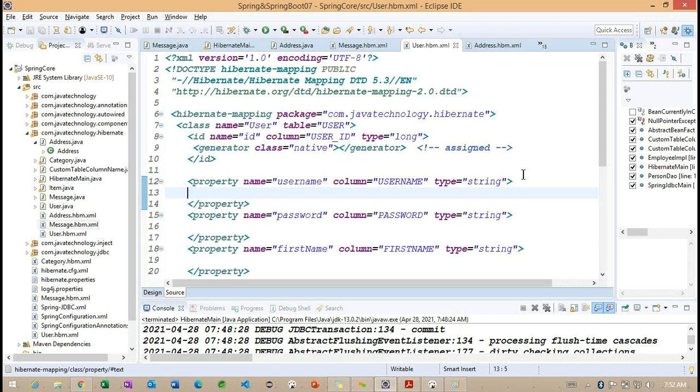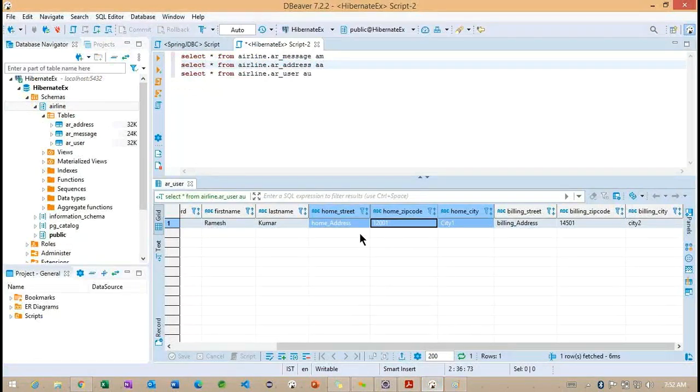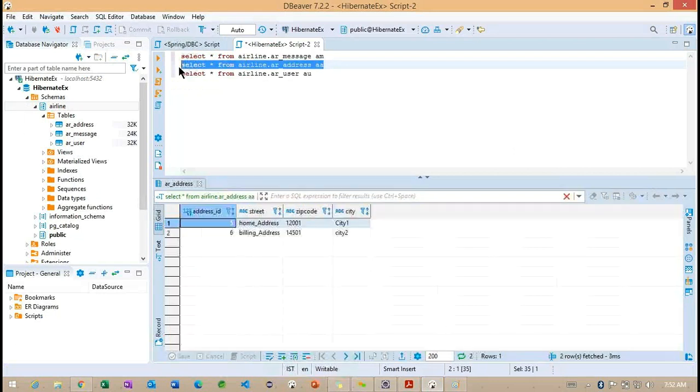Yes, but here, if you are not interested to insert the data into the address table here, what we can do? We don't want to, getting the point, we don't want to go for this particular address here. So just for understanding, I'm providing here. Basically, so here you can see home address and billing address, the same information we are having inside this particular address. So instead of defining these two information here, what we can do?